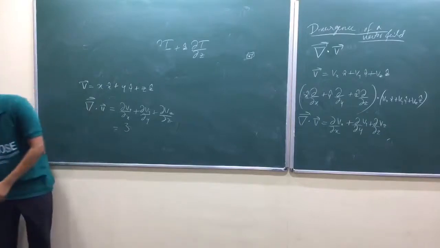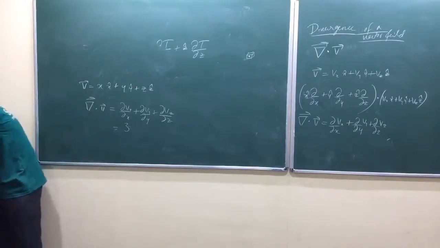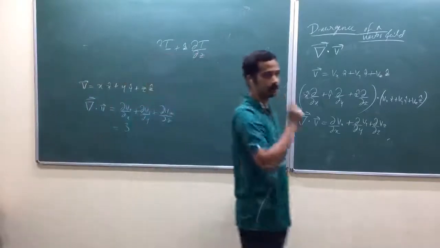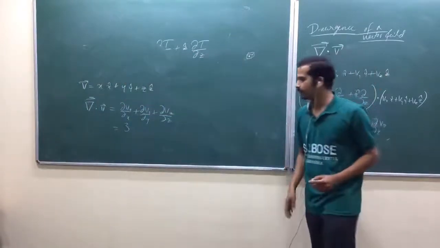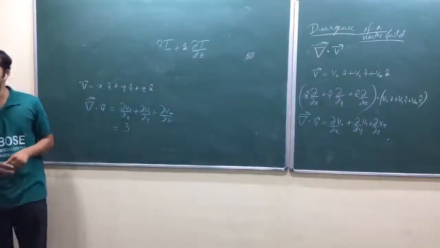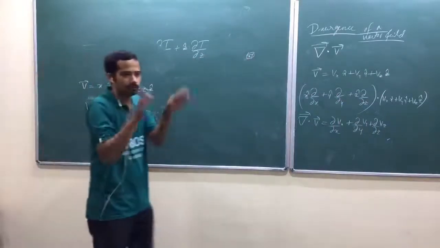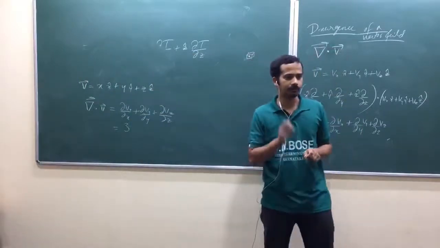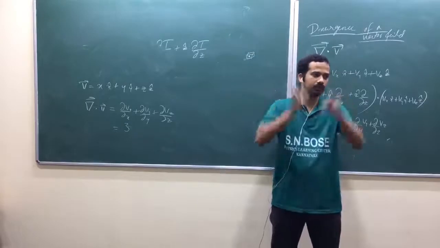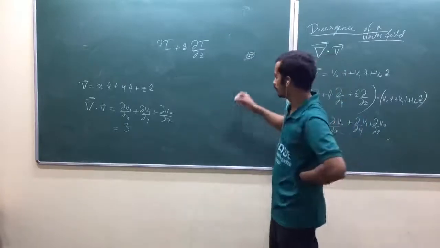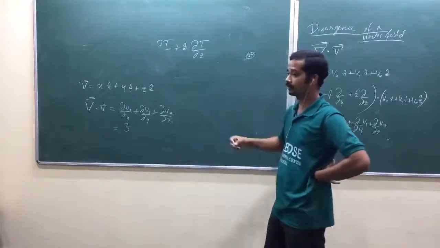If you have a divergence which is non-zero, usually it talks about there is a source actually. There is a kind of source. If some vector field is going outward from any point, there is a source, isn't it? Obviously, if there is no source, it will not go outward. So again, I need some more electrostatic ideas here.